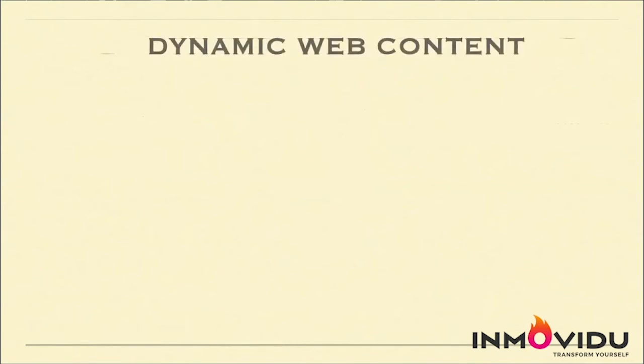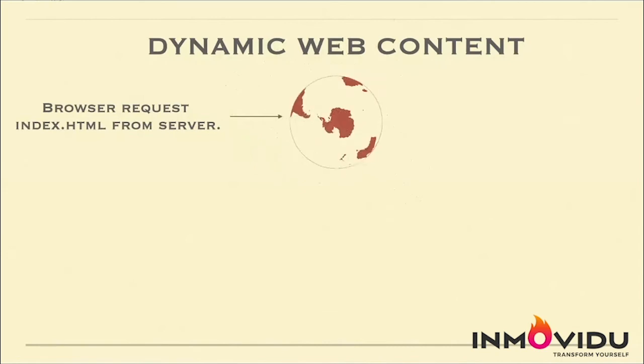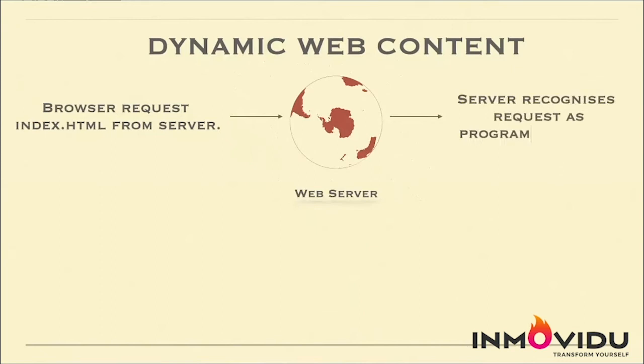Next we will see dynamic web content. How does dynamic web content work? In dynamic web content, the same happens: we type the URL in the browser, and it requests that file from the server. The server then tries to find whether it exists or not, and from the database, the web server will give us output, which means it will show our website.